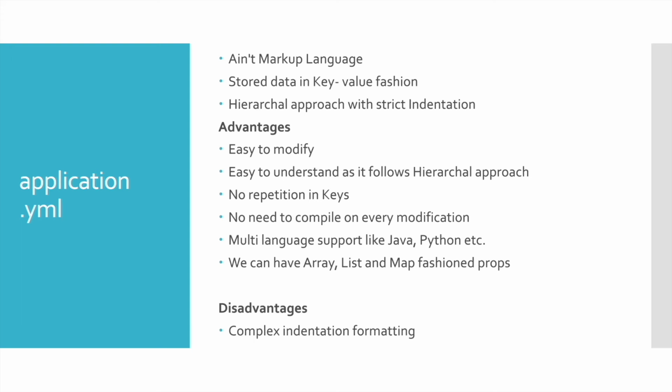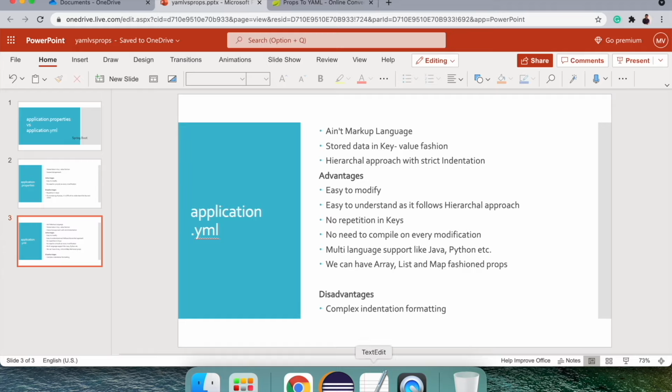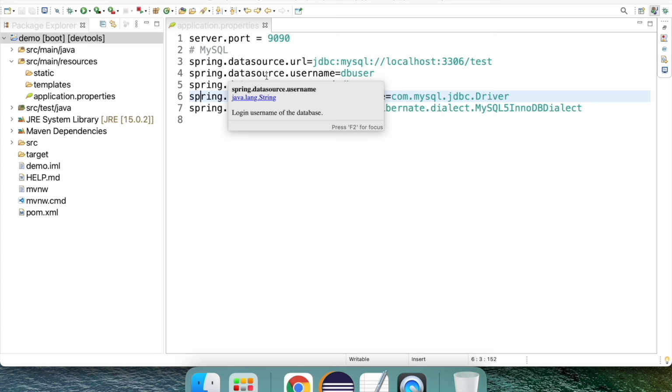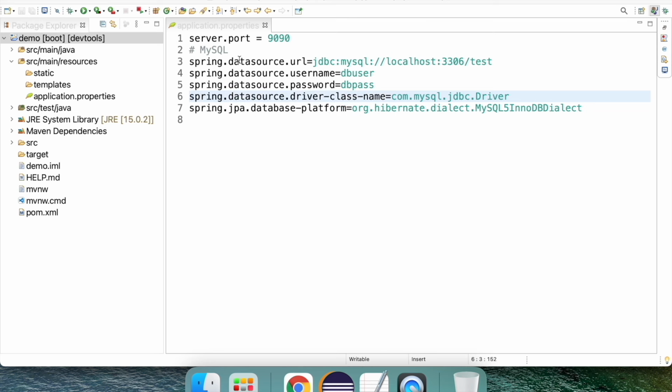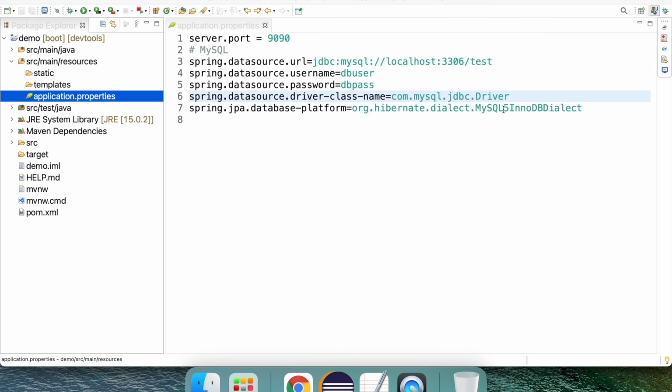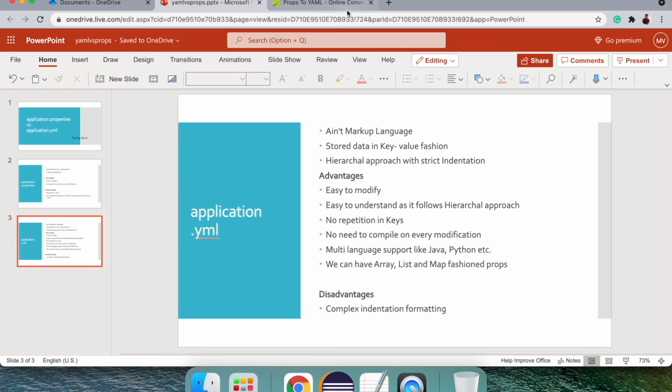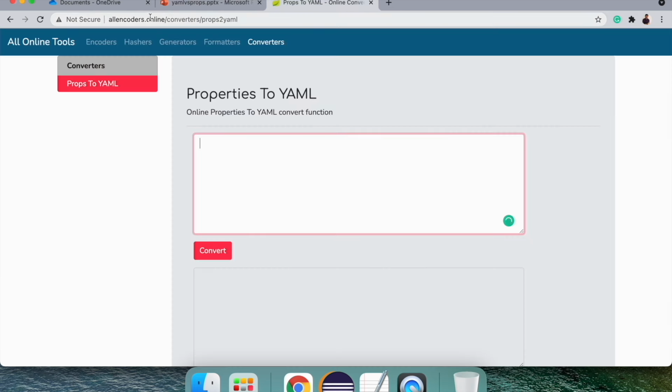And let's see with an example how this application.yaml works. We are back in Eclipse, where we have done this in the properties. So if we wanted to convert the same to YAML, we can just copy it here, go back to the browser and go to aliencoders.online.